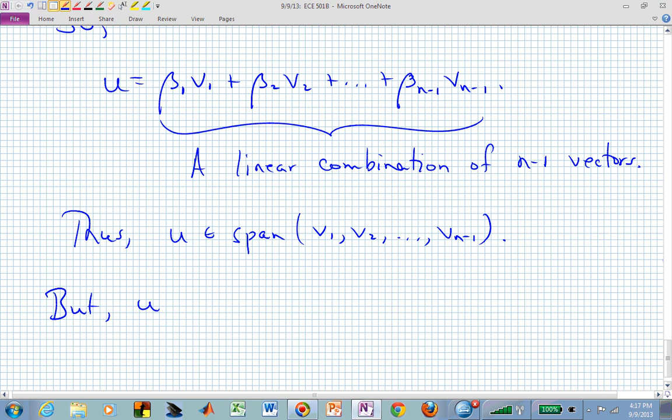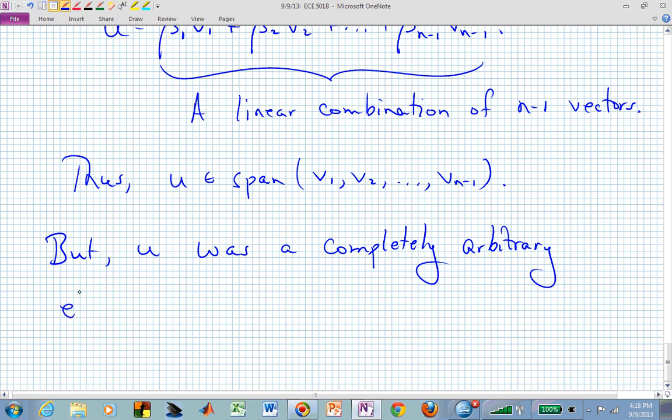That was just some element of the span of the original dependent set, v1 through v sub n, but u was a completely arbitrary element